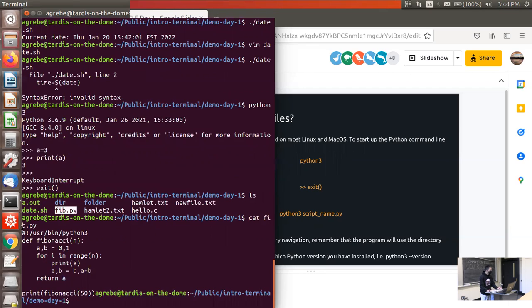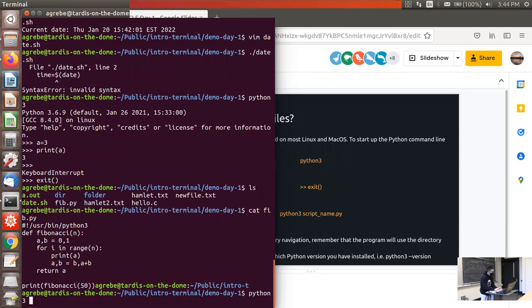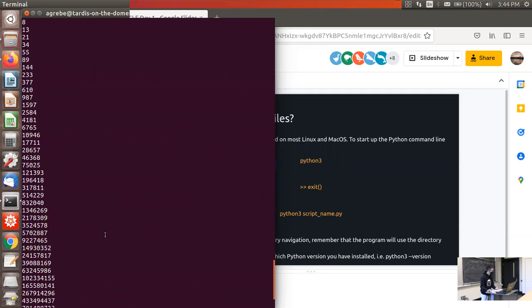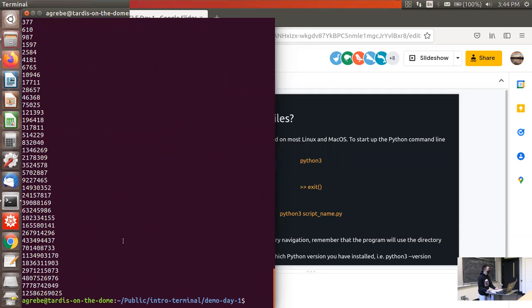So here I have the shebang line for Python 3. That's actually not necessary. So if I do python3 fib, it just prints out the first, I think, 15 or so Fibonacci numbers, and that will run the file for you. With the shebang line, if I show you, I didn't mark it as executable.